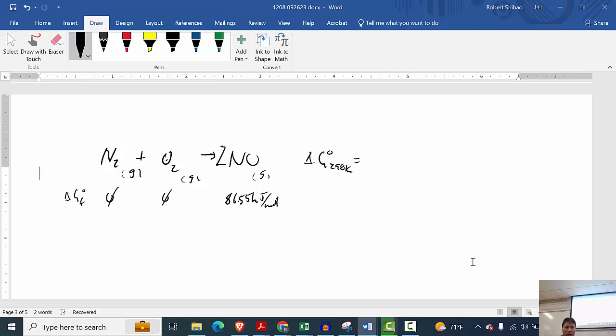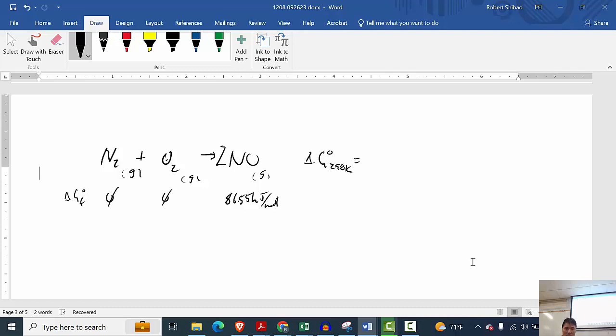The reactants are all 0. So for the product, we have 2 moles of this, so we'll have to double that. The delta G of formation is only for 1 mole, so this is actually twice the delta G of formation of NO. This is a formation reaction because we're forming NO from the elements, but it's twice a formation reaction because we're not forming 1 mole, we're forming 2 moles. And so we have to double this, and so delta G for this reaction is going to be